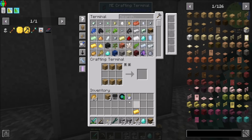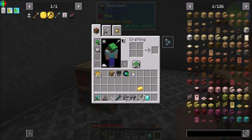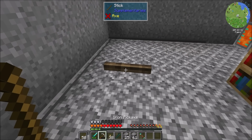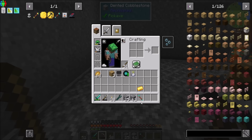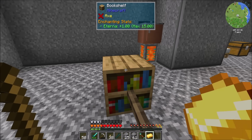Sweet. Alright, I think I want to play with pedestals a little bit. I played with this mod once or twice before, and I remember it being pretty cool. So if I do that... Oh, hello. What are you? Stick? Okay. Yeah, I don't really need you. Oh my goodness, you did things. And then... you. So you...